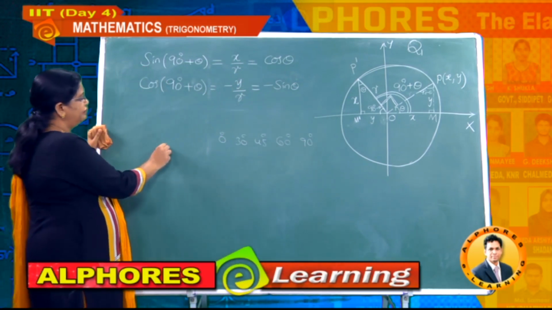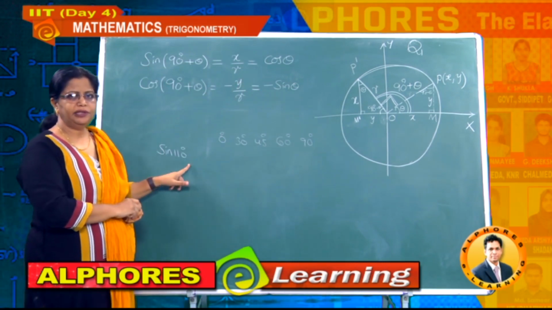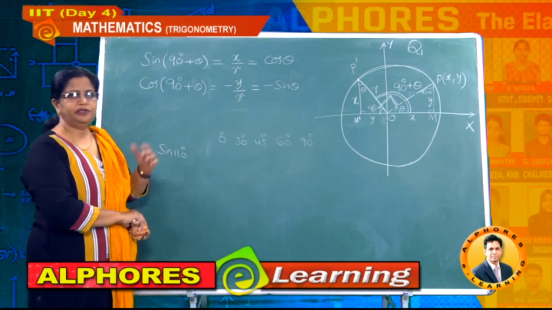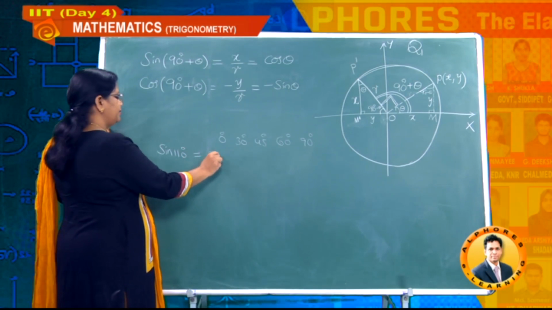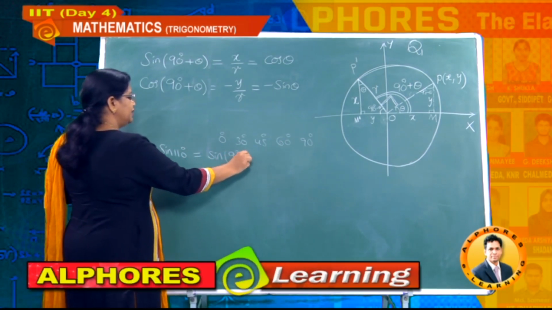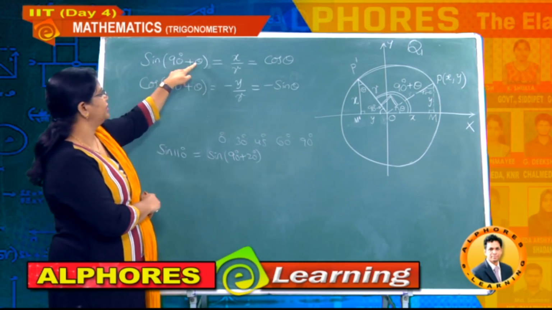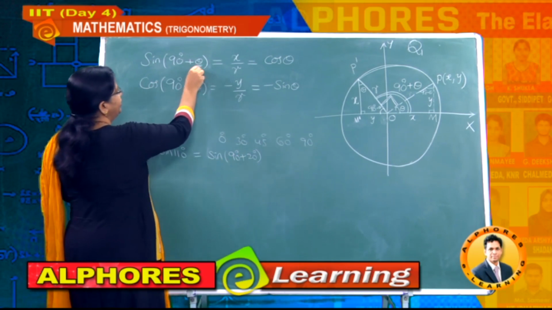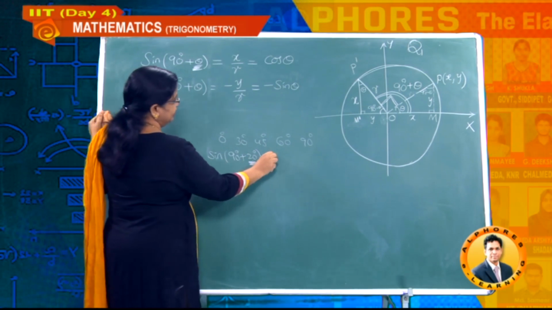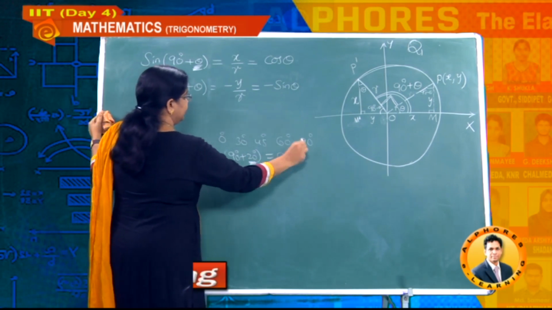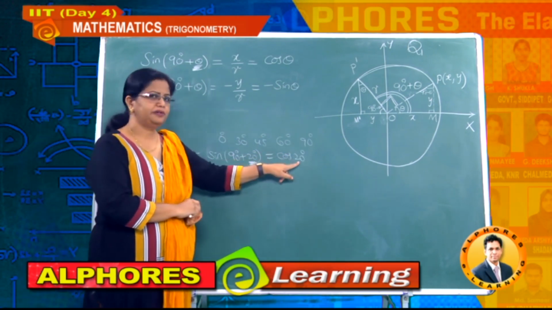For example, if I write sin 110 degrees, clearly you know it is an obtuse angle. Now this obtuse angle I want to write in terms of an acute angle. Then you can make use of simply sin of 90 plus how much? 20 degrees. Now sin of 90 plus 20, if you observe in terms of theta, here you got how much? 20 degrees, right students? Now this value is nothing but how much? Simply cos 20 degrees.